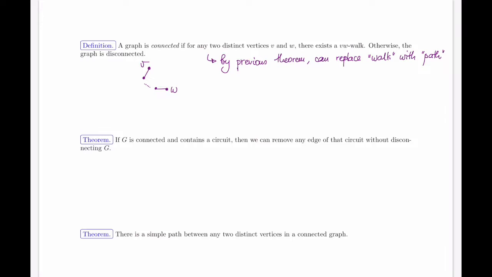So let's come up with a few connected and disconnected graphs. I'm going to give you a few examples, and then maybe I can give you a minute to think about whether the graph is connected or not. So let's say something like this, or maybe like this. Okay, so here are some graphs. Which ones are connected and which ones are disconnected? Well, this one is connected. I can get from every vertex to every other vertex, potentially via a path. So this one is connected.